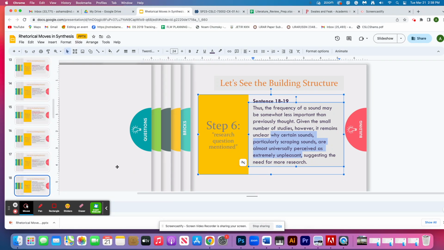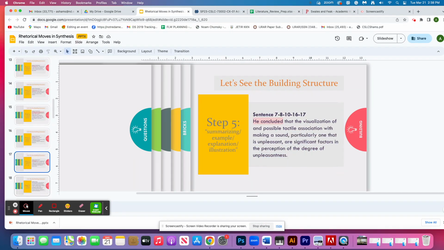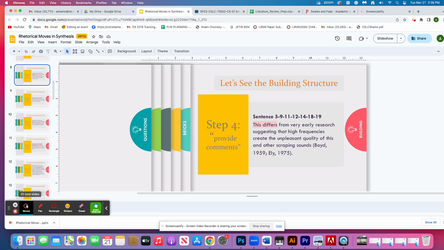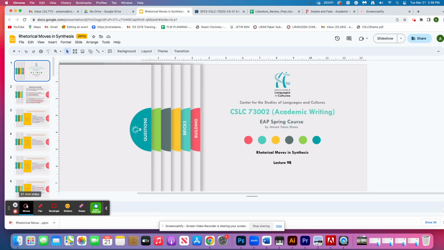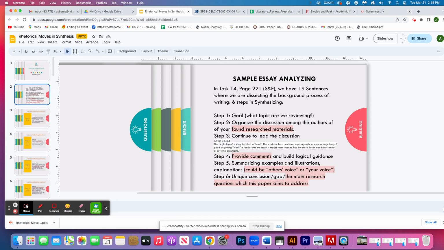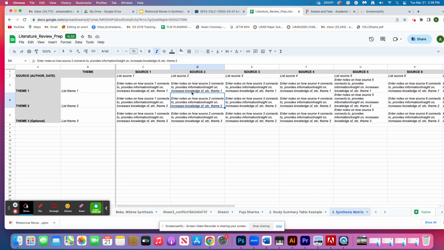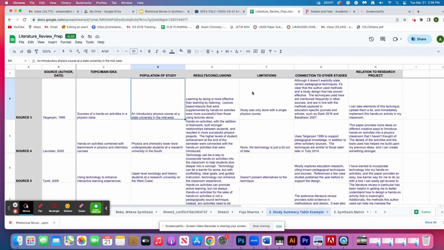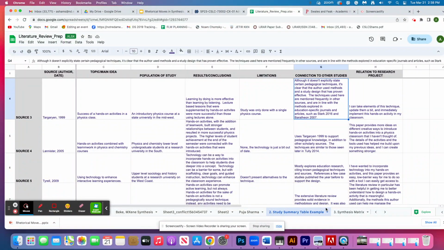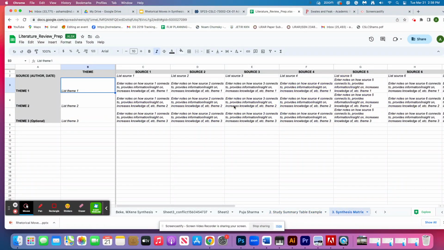So we got the 6 steps. Let me get back to the 6 steps again. The first 6. When we read a literature review from our own scholarly articles, the list that you have shared here, that's the first draft. When we cite the sources, we talk about which was the main idea, and the limitation of the studies. So once we have this spreadsheet, and then we try to